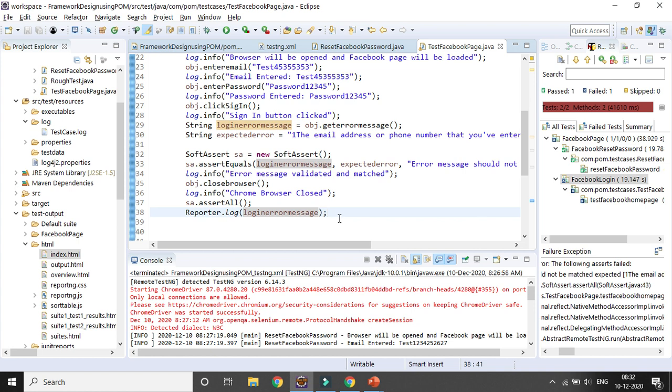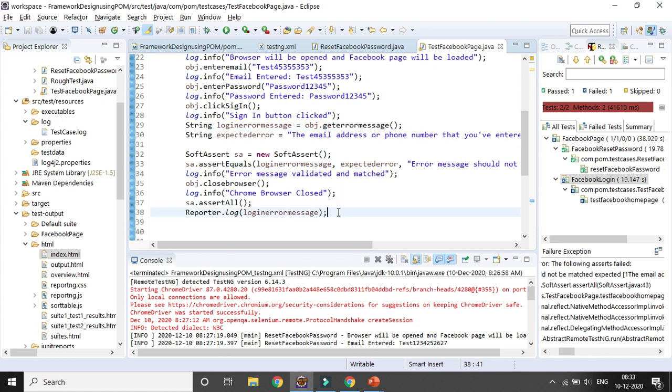Okay, so let's try to add more screenshots, so I can pass the test case as well. I will pass the test case instead of failing. I am changing the expected error also, so it will match the actual result.